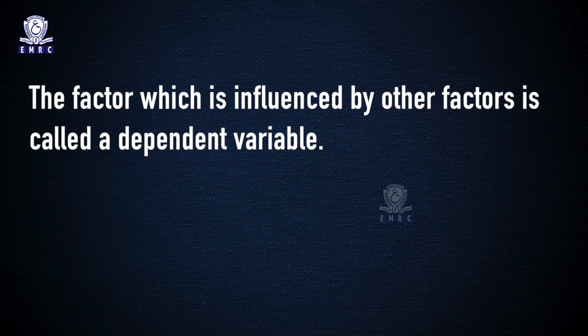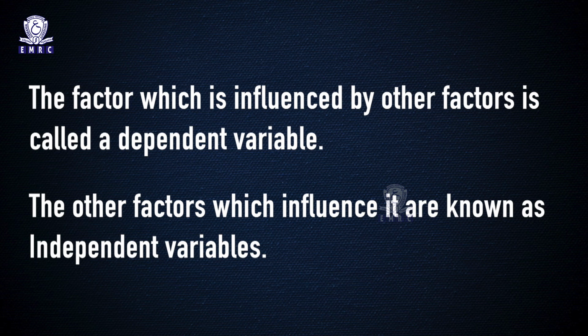Compared to natural sciences, the experiments in social sciences are different. Social sciences deal with human beings who differ from one another in a number of ways, and thus experimental research is designed to assess the effects of particular variables on a phenomenon by keeping the other variables constant and controlled. The factor which is influenced by other factors is called a dependent variable, and other factors which influence it are